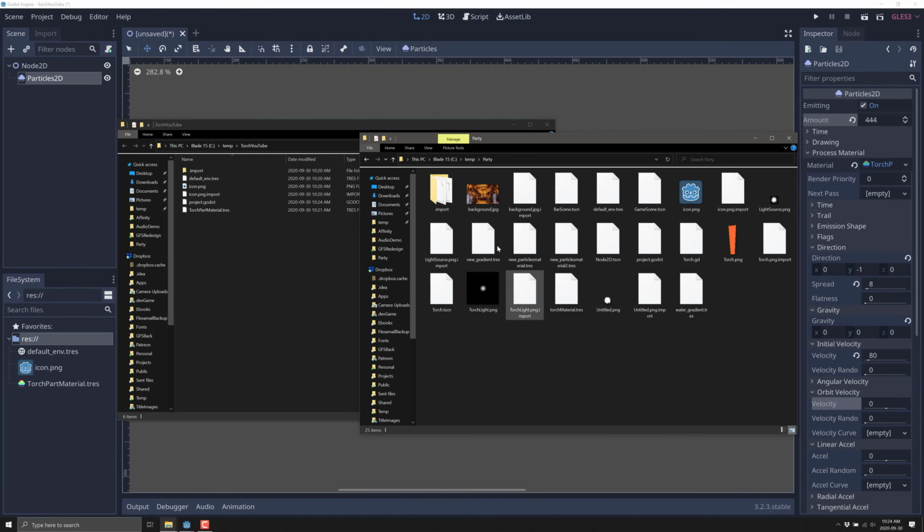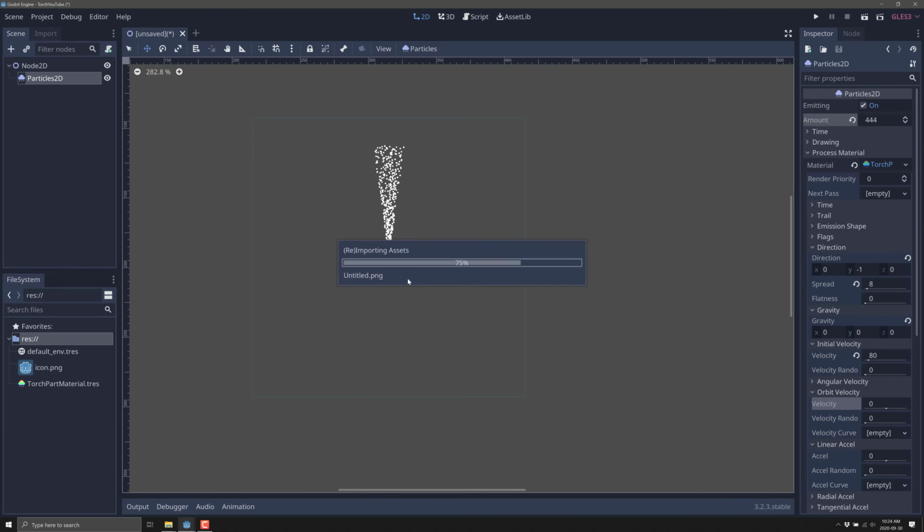All right, so we're going to need the background eventually. We're going to need my torch graphic. We're going to have this graphic here and this one here. I'll explain what those are for later, but let's bring those four in. All right, so now they're available. Let them import in here.